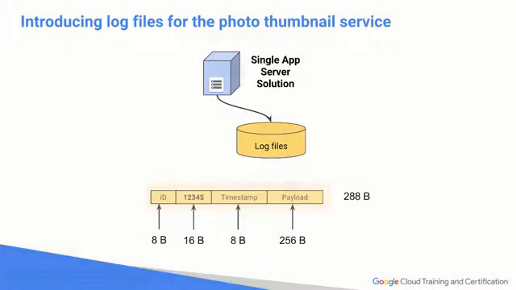Here's our situation. When we were logging data for the log files for the thumbnail service, we were storing the log files on the local machine. Now, what do the log files look like? Well, they are given an ID for the log entry. They're given a session ID. That was very useful to be able to determine if we can map it to a user. Here's the timestamp and then a payload, information about the application on what's going on. This included both the web and the processing component, so we could easily troubleshoot.